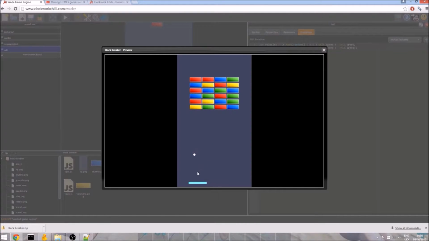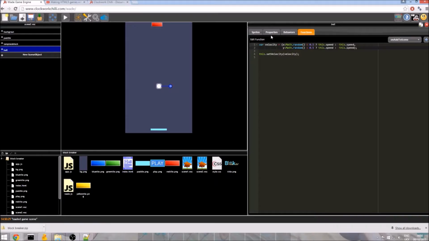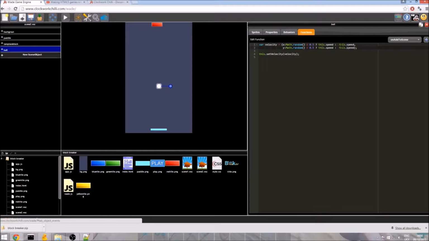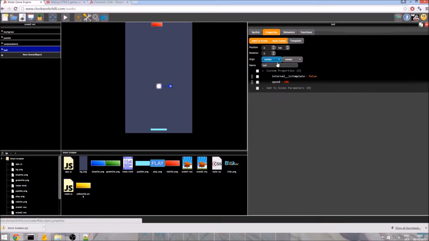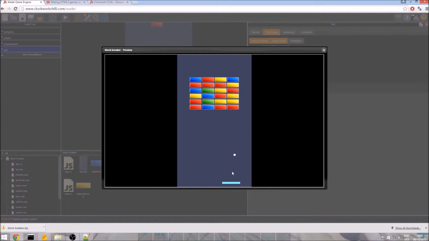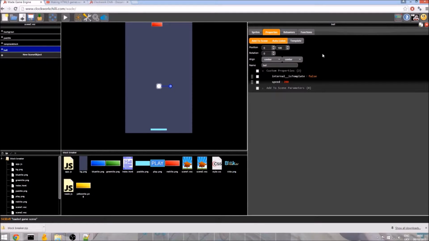Click play. And yes, we have a moving ball. Now it moves straight off screen and it's moving a bit slowly. So that's why we have this variable. We can just change it here. And if we need to change the speed, we don't need to go into our code and manually change numbers here. It will just all work. So we'll run this again. Click play. And it works, but again, it just goes off the screen.